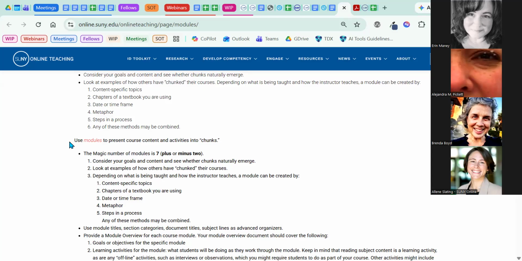So you want to give the structure labels that have some purpose, so that students can use those as advanced organizers to understand the content at a glance before they actually even go into the module. And that way you're leveraging the tools that you have available to you to help make that content more understandable, more findable, more interesting to the student.